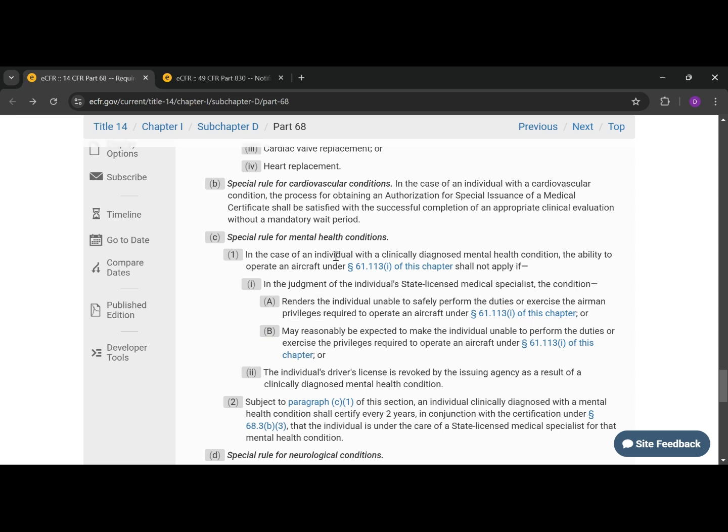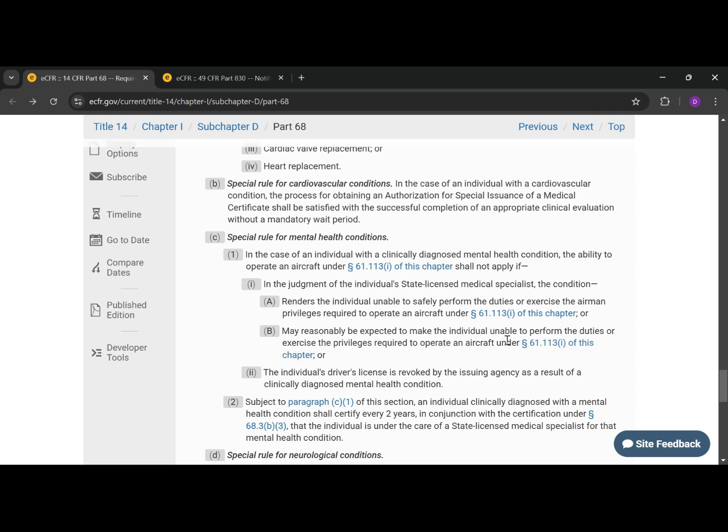Special rule for mental health conditions: in the case of an individual with a clinically diagnosed mental health condition, the ability to operate an aircraft under 61-113 of this chapter shall not apply if, in the judgment of the individual's state licensed medical specialist, the condition renders the individual unable to safely perform the duties or exercise the airman privileges required to operate an aircraft under 61-113I of this chapter, or may reasonably be